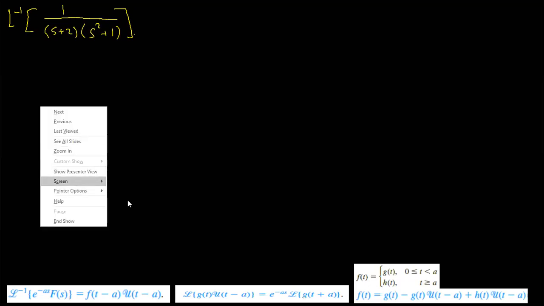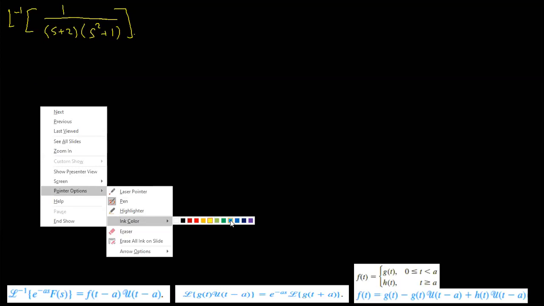Who can help to find the inverse Laplace of this fraction? Partial fractions, yes, great. So here I'm going to use the blue maybe to do the partial fraction for this fraction. So S plus 2 times S squared plus 1 equals A over S plus 2, plus BS plus C over S squared plus 1. Am I right by this